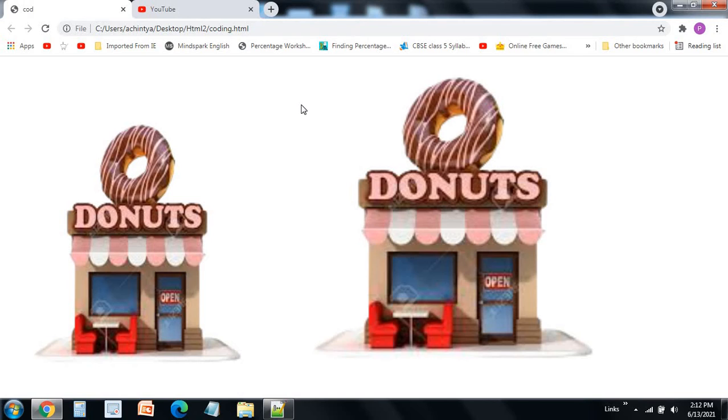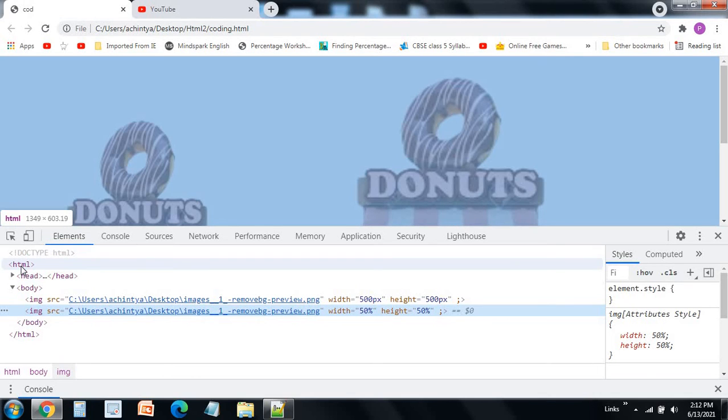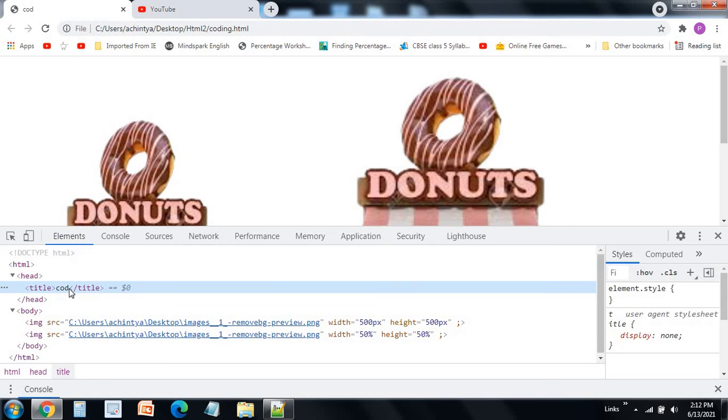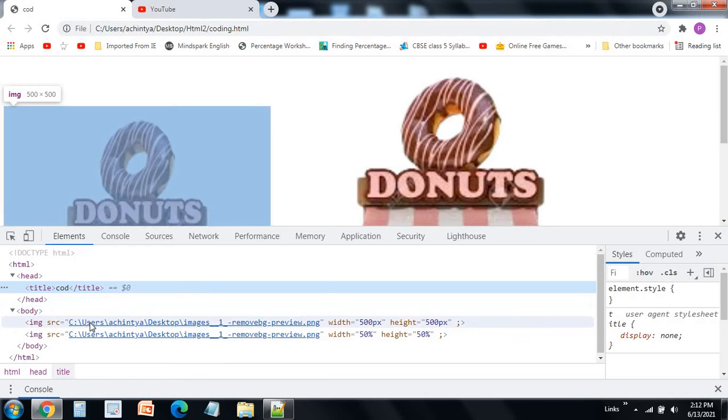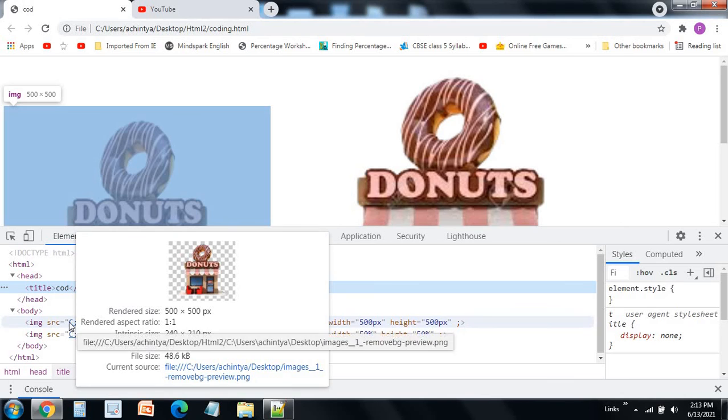Now, the last thing in this video, I'm going to show you a feature in the browser from where you can check your code. Right click on the page and click on inspect. As soon as I click on inspect, it takes some seconds, and then you can see here's my code and here's my doctype HTML. When I click on this HTML, you can see that this portion is getting highlighted. Then click on the head, you can see the title. I can change the title as well, and then body. You can see these images, and when I click on them they get highlighted.